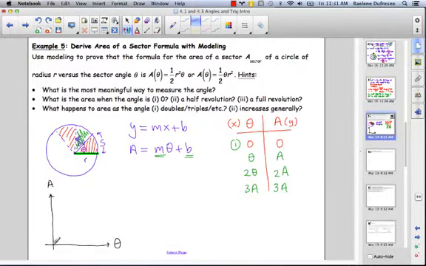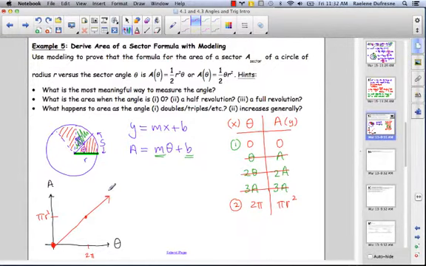We know that 0, 0 is a point on the graph. These are not really points on the graph because neither theta nor a are known. But we do happen to know for a full circle the area is pi r squared, and at that instance the angle is 2 pi. So we have 2 points. When the angle is 2 pi, the area is pi r squared, and that's a second point on the graph,